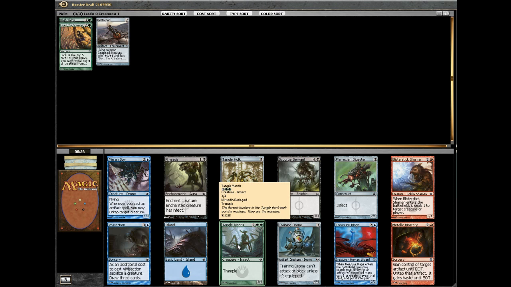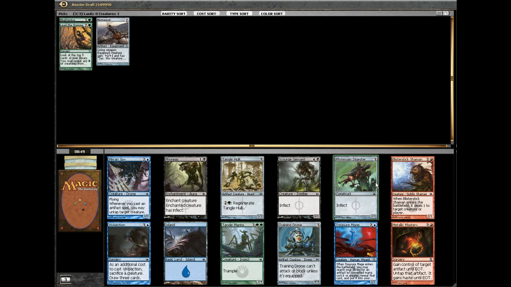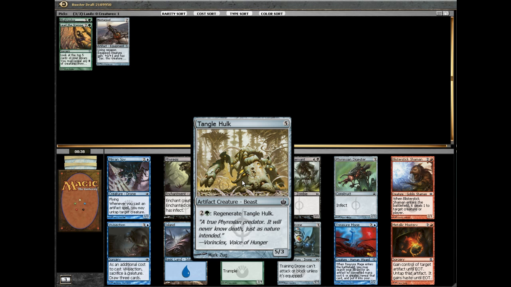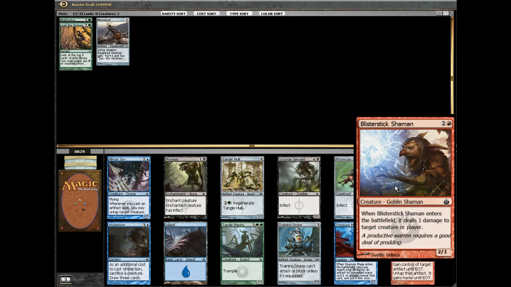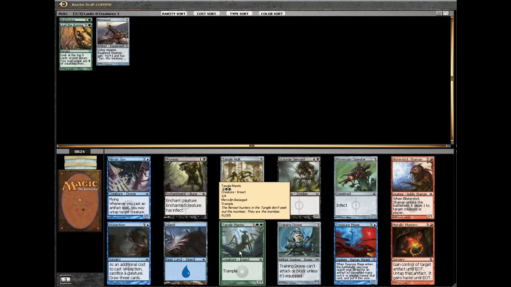Alright, well, we'll kind of continue in the green. This guy's quite good, a 3/4 Trampler. I'm quite alright with him. If we want to go with the infect route, there's a decent guy in that. There's also a pretty decent dude there. Less good, I mean, it dies to everything and it costs 3, but you can play it in any color. And then this guy, which kills lots of one-toughness things, but I think just taking the 3/4 is the most